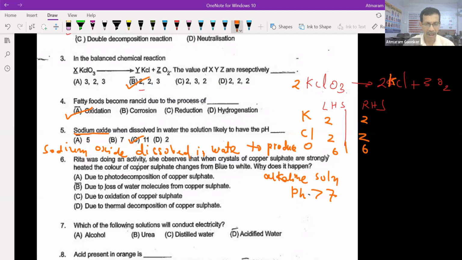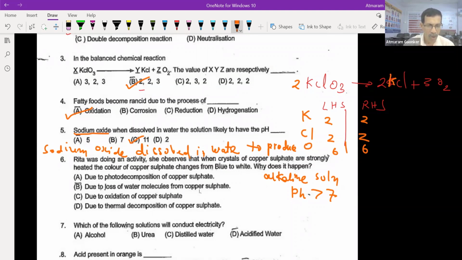Rita was doing an activity. She observes that when crystals of copper sulfate are strongly heated, the color of the copper sulfate changes from blue to white. Why does this happen? So when it becomes blue to white, the water of crystallization goes away by heating. So that's why it changes from blue to white, and it is due to loss of water molecules from the copper sulfate, because here